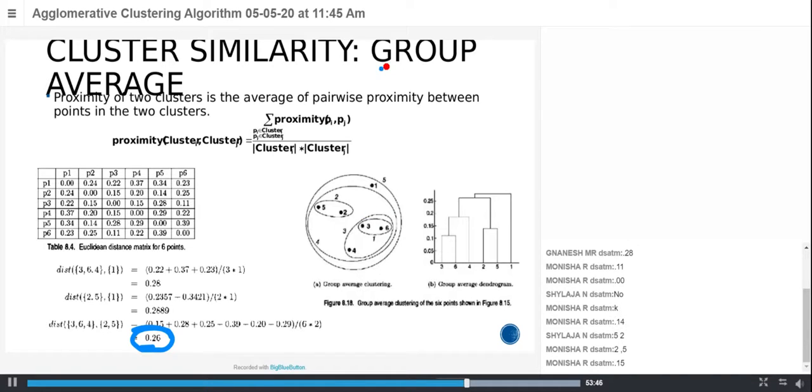If you apply this group average technique in an agglomerative way in order to group your points into clusters, then the first cluster we form is 3, 6, and the second cluster we form is 5, 2, and the third cluster is 3, 6 and 4, and the fourth one is these two, that is 5, 2 and 3, 6, 4. And then the sixth one is all of this as a single cluster, where we merge these two to form a sixth cluster. Total how many clusters are there? 1, 2, 3, 4, 5, 6. 6 clusters.